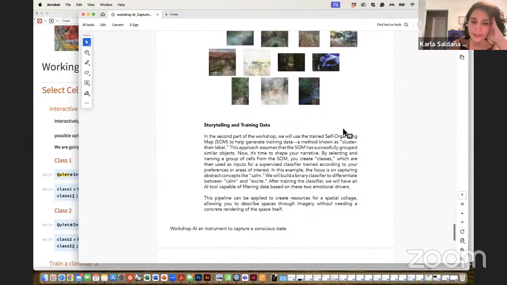What this classifier is going to do in this exercise, you could use it any way, and I've used it in different ways. Eventually I can show you different published research of the way that I've used this code. In this case, I want us to focus on capturing abstract concepts like calm, and I want to find a word that could be a contrast with it, for example, excite. So I want to train a classifier that is able to find the difference between what I think calm is and what I think excite is through a data-driven approach.